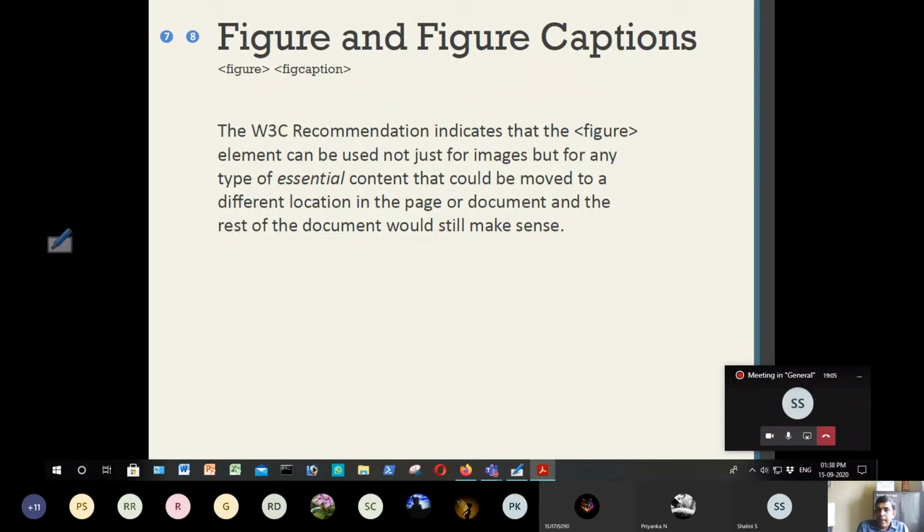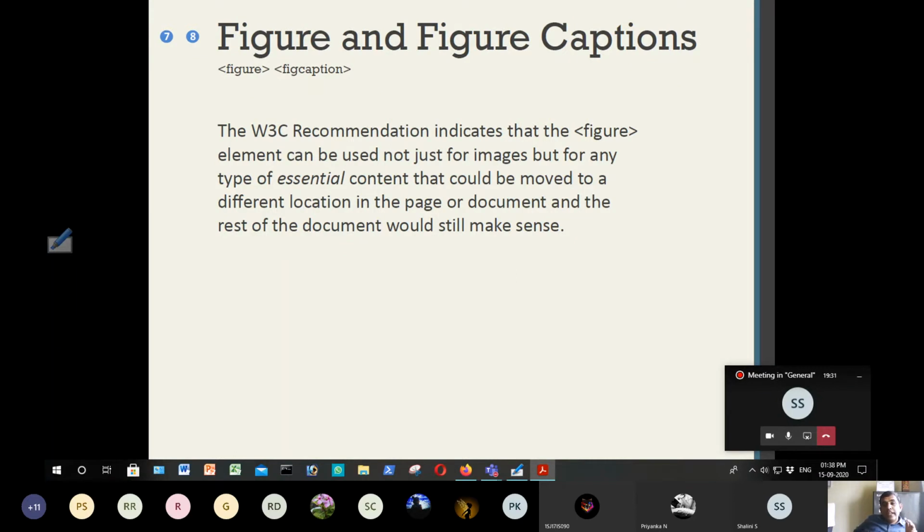But how can a web search engine crawler find which are the actual figures in a web page? That's why figure and figure captions are used. The figure element clearly tells that the content could be moved to a different location in a page or document.